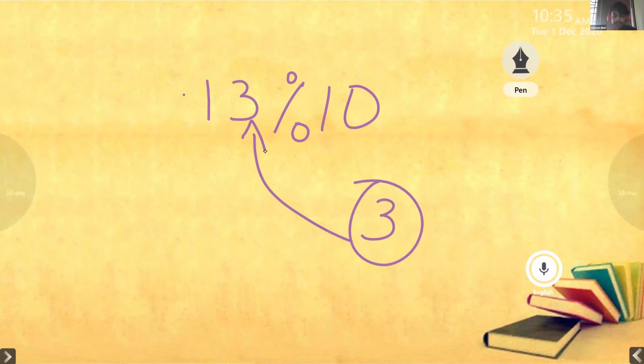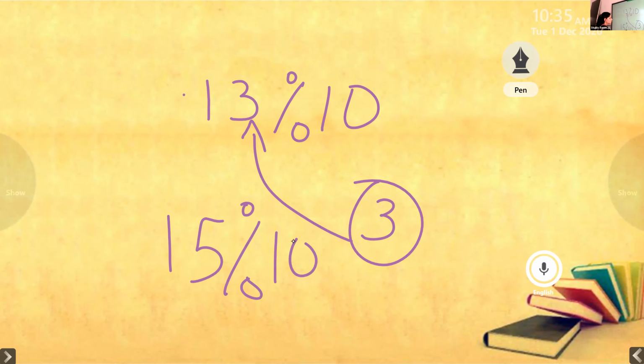Yes, ma'am. 15 modulus 10, Ashwin. 5. So that is how you will extract each and every digit.